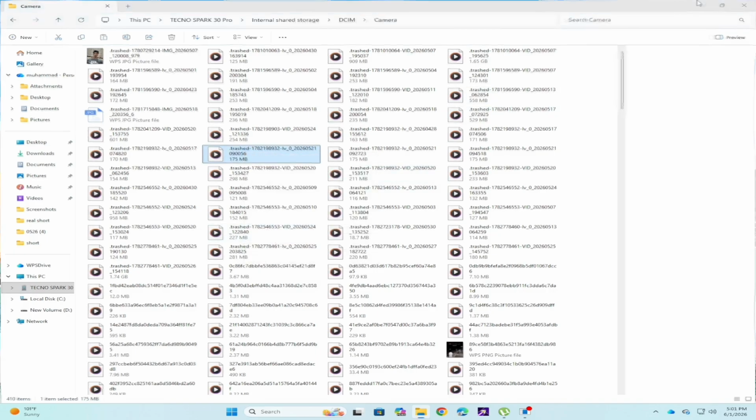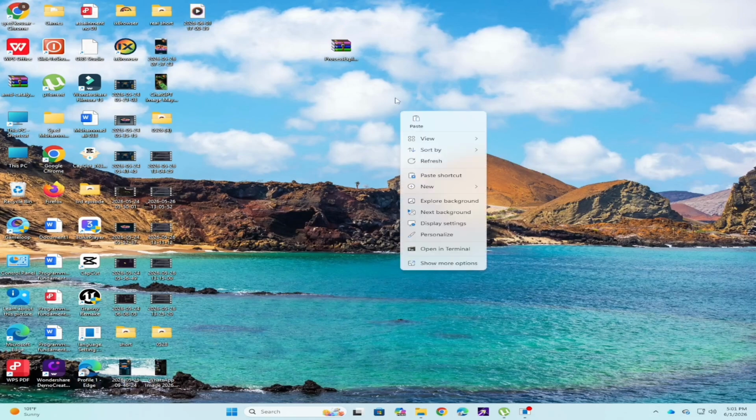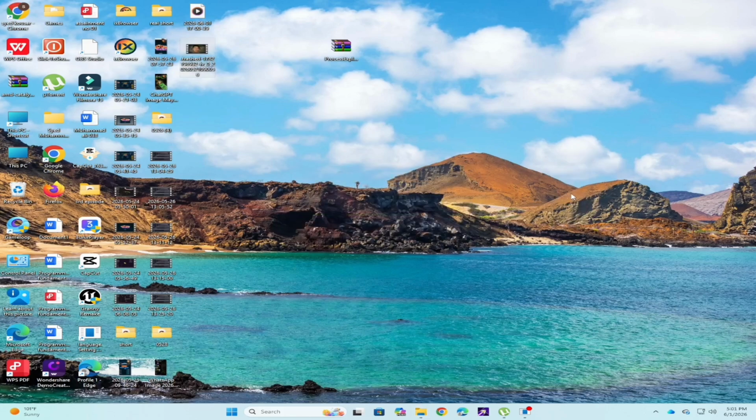Now guys, minimize and select the folder where you want to paste this file. Like, I want to paste in my desktop, so I simply paste it on my desktop. Now as you can see, the file transfer has started. Wait a few seconds and you can see my file transferred successfully. Now guys, by following these steps, you will be able to transfer all your videos